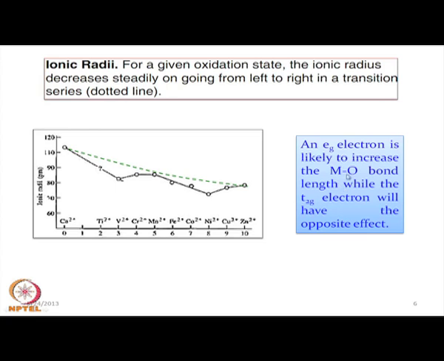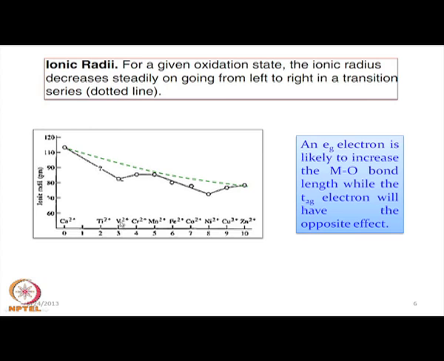The M will have its share for its ionic radius and oxygen will have its share for its anionic radius, because if we add these two, then only we get the metal oxygen bond length. So, as this particular bond is decreasing, we also get a decreased value for, say, vanadium